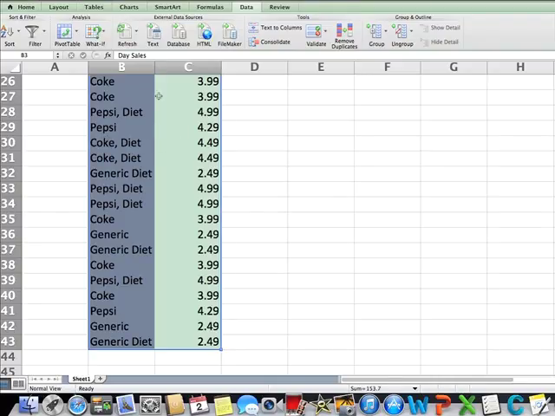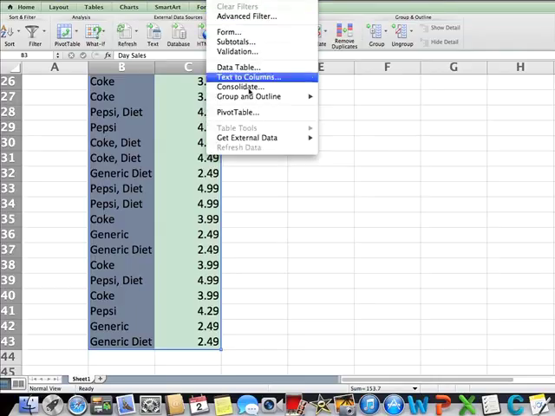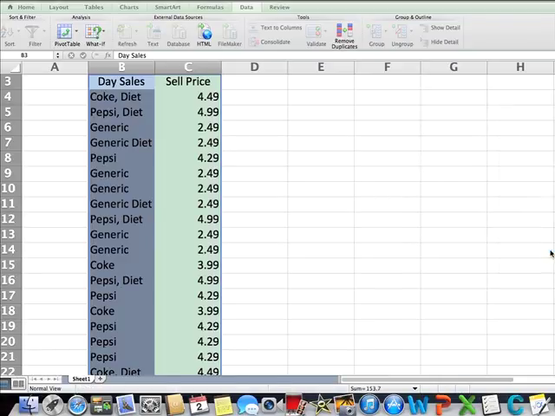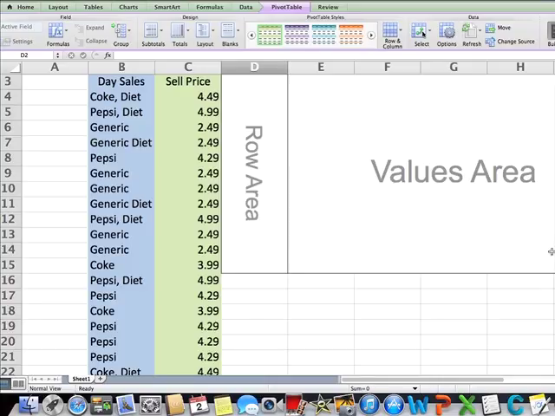Once I've got the data highlighted, I'm going to go to the Data tab on the Excel ribbon. I'm going to click on that, and select Pivot Table from the drop-down menu. It shows that the location of the data I'm concerned about is in the cells that I have already highlighted. As far as where to put the pivot table we're creating, I'm going to put it in our existing worksheet, starting in the corner of cell D2. I'm going to click OK, and that's going to give me a chart,